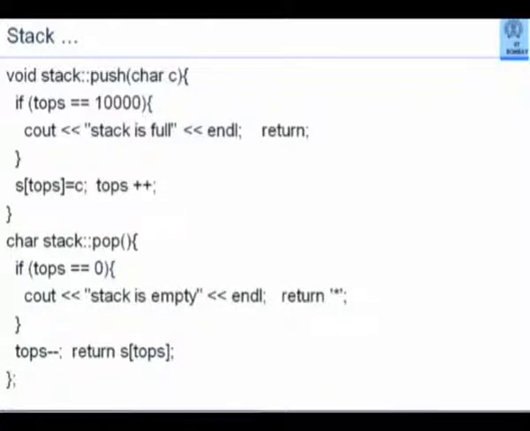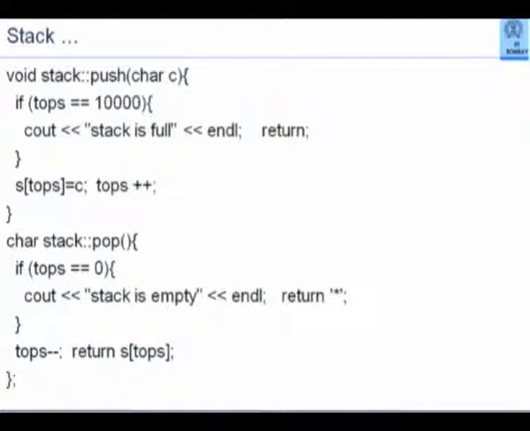Compare the stack of plates which is kept in your mess. 1, 2, 3, 4, 5, 6. What is the maximum number of plates that can be kept? Well, technically up to the roof. Beyond the roof the plates cannot go. But practically much less than the roof, because you won't be able to take the plate out from the top. So there is an implicit limit for every stack. In our case, there is an explicit limit because of the size of the array that we have provided.